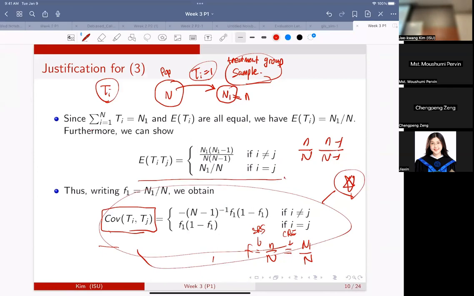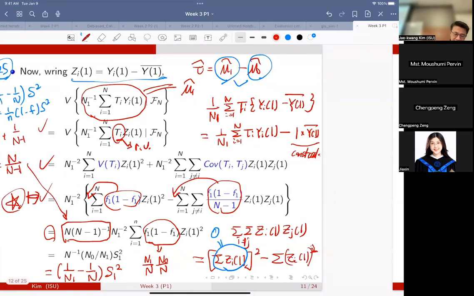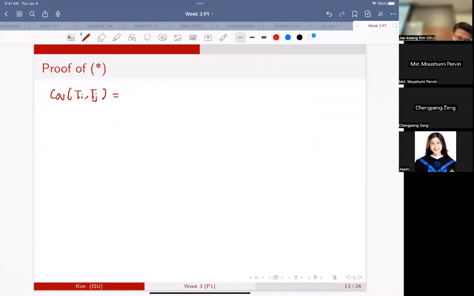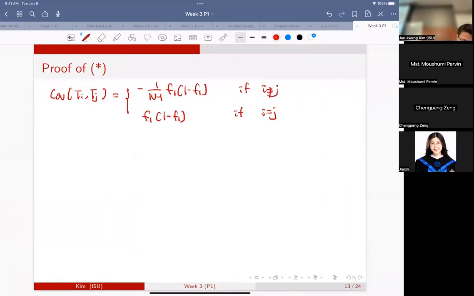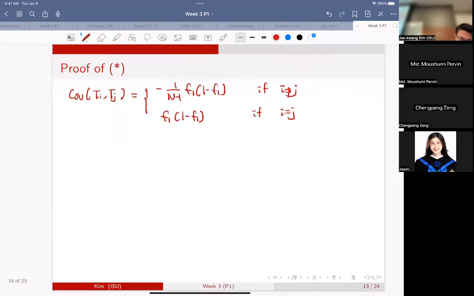This one. Right? You want to use that formula, so you don't have to prove it again. It is minus f1 (1 minus f1) over n minus 1 if i is not equal to j, and f1 (1 minus f1) if i equals j. Okay, so we will use this formula and simplify this double summation,